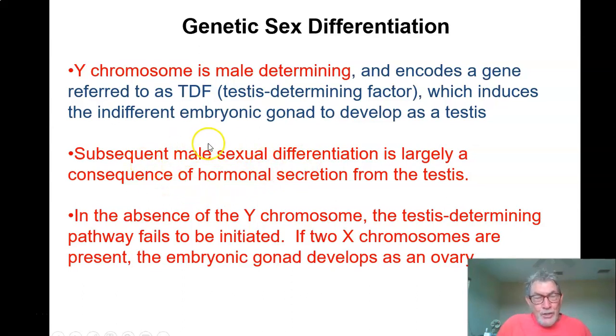Male differentiation after receiving the Y chromosome is basically getting the right amounts of the male developing hormones. They're called androgens. That's a medical term that means male generator. So a male generator is an androgen. Testosterone is an androgen. If you don't have the Y chromosome, you can't develop a testis, even though you might have, say, a tumor that makes some testosterone, and you may wind up with some male characteristics, but you won't be a functional male.